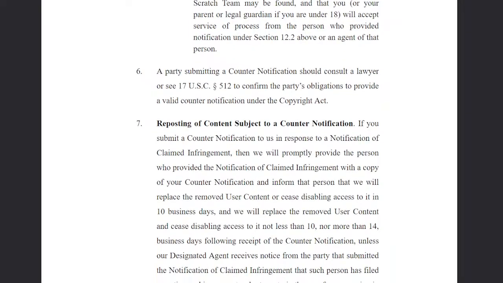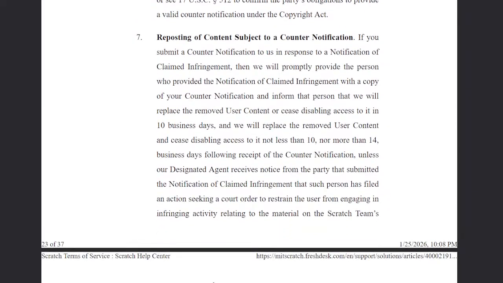A party submitting a counter notification should consult a lawyer or see 17 U.S.C. Section 512 to confirm the party's obligations to provide a valid counter notification under the Copyright Act. Reposting of content subject to a counter notification. If you submit a counter notification to us in response to a notification of claimed infringement, then we'll promptly provide the person who provided the notification of claimed infringement with a copy of your counter notification to inform the person that we will replace the removed user content or cease disabling access to it in 10 business days,